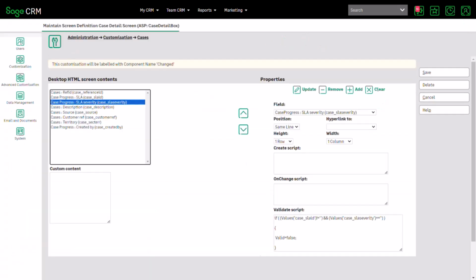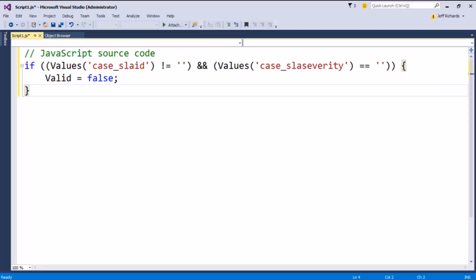Now, this is all defined within the definition of the case screen. In this case, it is the case detail box, and we can see that there is a rule, and this happens to be a default rule within Sage CRM, which gives us a very useful teaching example that we can look at. Let's expand this a little bit further. So if we have a look at this source code that I pulled out from this,